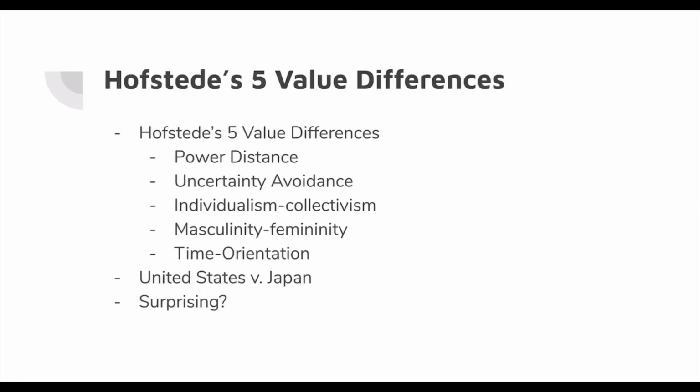When comparing Japan and the United States with Hofstede's 5 value differences, we find that Japan and the United States are similar in tolerance for power distance. We don't really tolerate an unequal distribution of power. We want to be viewed as equals. The USA tends to be more tolerant of taking more risk, but Japan is more conservative. We are highly individualistic. Japan used to be pretty collectivistic, but because of westernization, they moved more towards individualism. Japan is a masculine-dominated culture, whereas the United States falls a little bit more towards masculine than feminine. The USA values much short-term thinking, more instant gratification, whereas Japan is more deliberate, methodical, and very long-range in their thought.